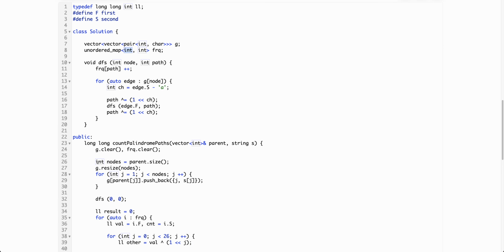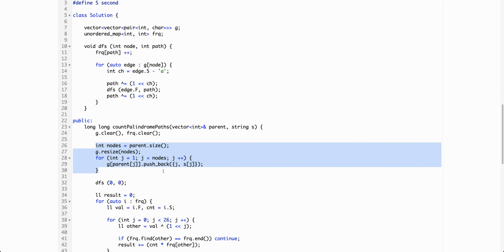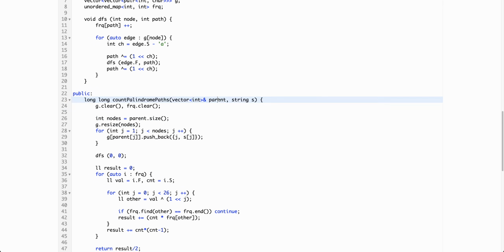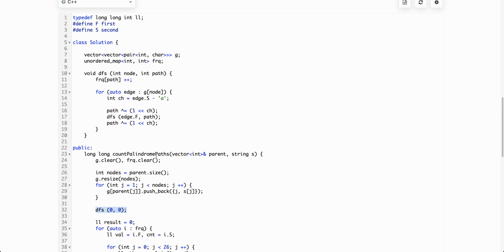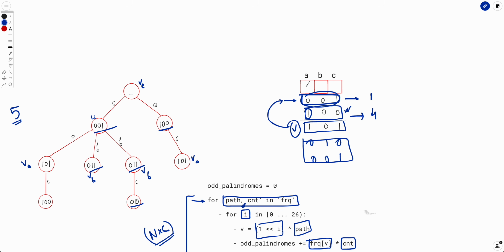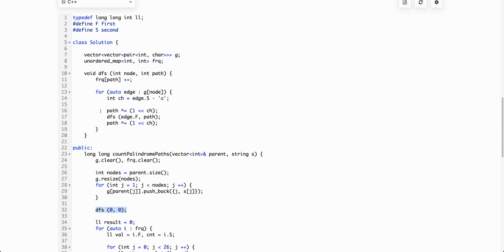Now what we are doing initially, we are just building the graph from the given inputs parent and s. After we have the graph, we will simply do DFS to build this 1 0 0 0 1 1 entire array thing, or frequency thing. And for this frequency thing, the path is straightforward. We will just simply do frequency of path plus plus, and then we'll just XOR with the current character which is